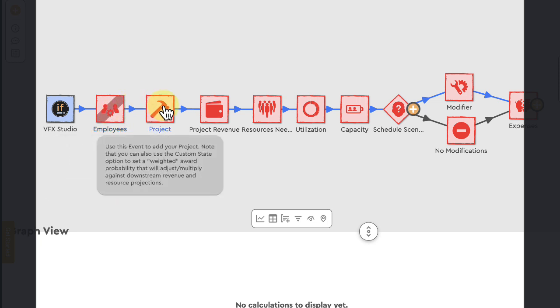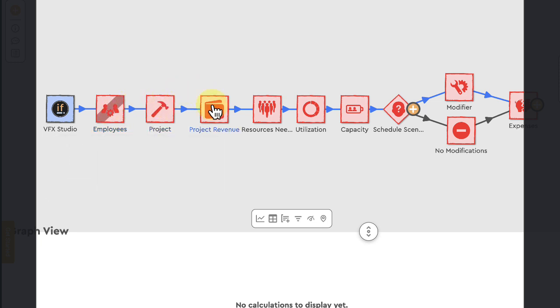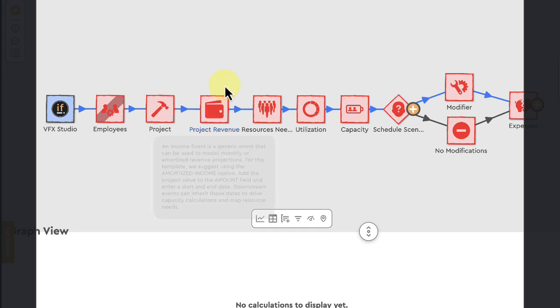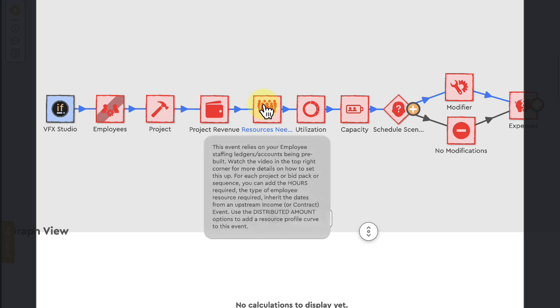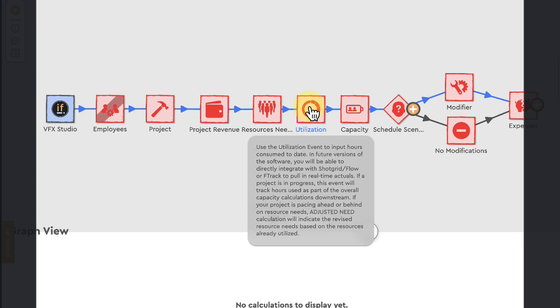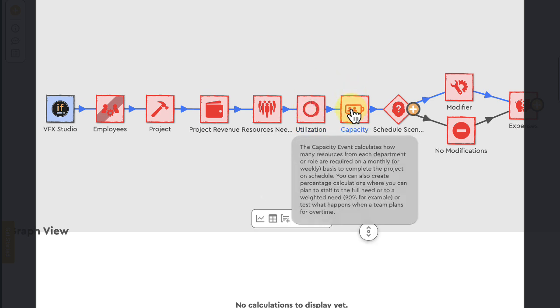We're going to be adding in a project. For each of those projects, we're going to add a revenue. That revenue is going to help define the start date and the end date for the project. You could also use a contract event. Right now we're using an income event to define that. We're going to add resources here for a couple of different job types and roles. If your project is active, you can also bring in utilization to date that'll help inform some of our capacity